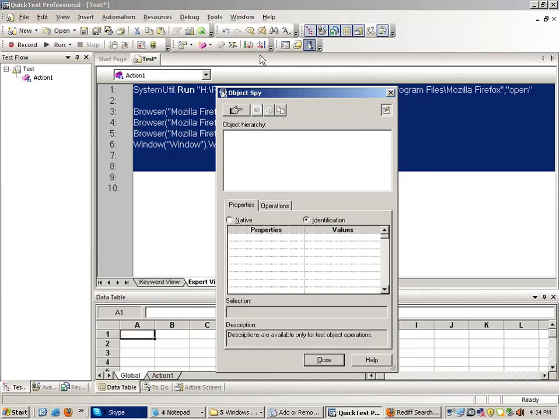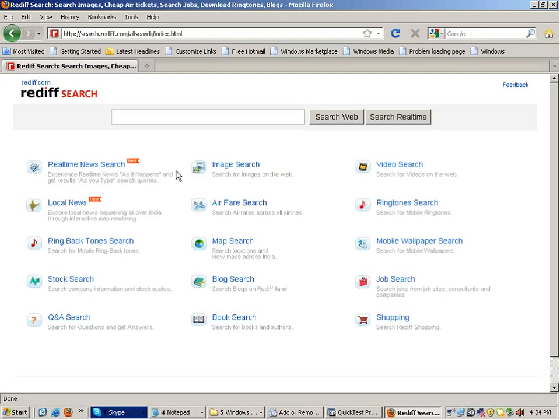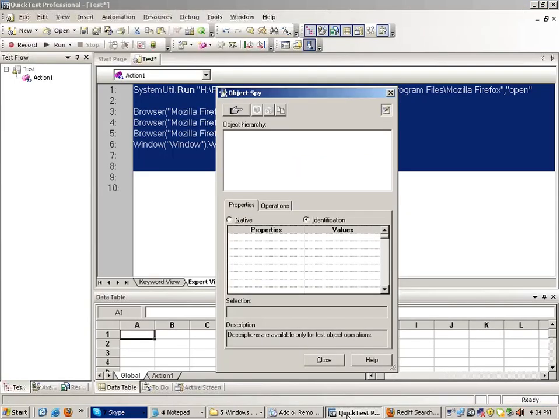Now, Object Spy is similar to Firebug in Mozilla. If somebody has used Firebug, then this thing is similar to that. Now, to use Object Spy, you can do it like this. I'll maximize this browser, and I will maximize QTP.